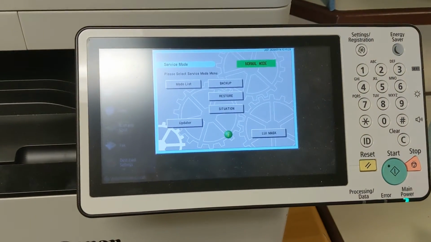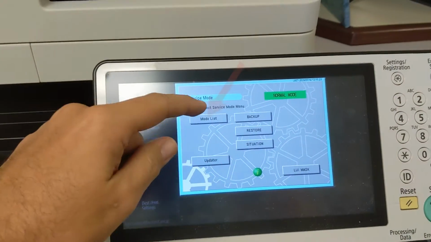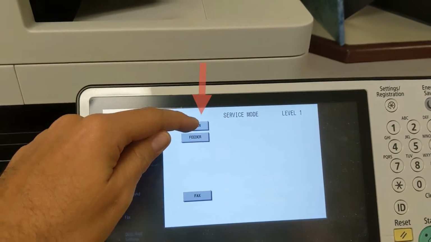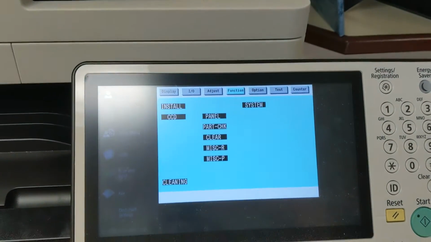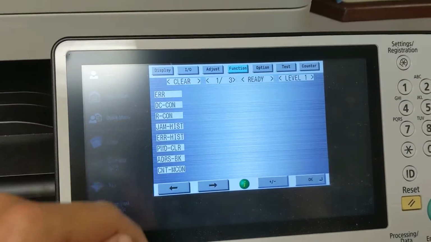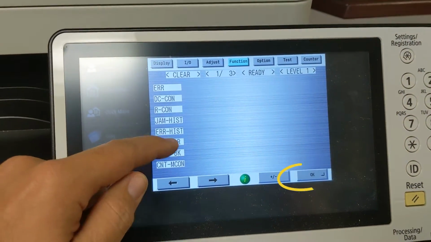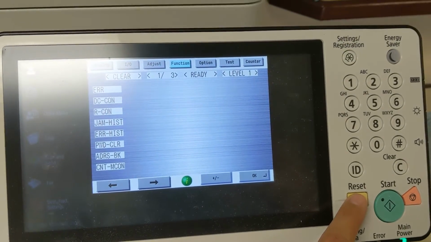register. Bringing you to the service mode, then you can go to mode list, copier, and then go to function, and you want to go right here where it says clear, password clear. So once you select that, then hit OK, and once you hit OK, then hit reset